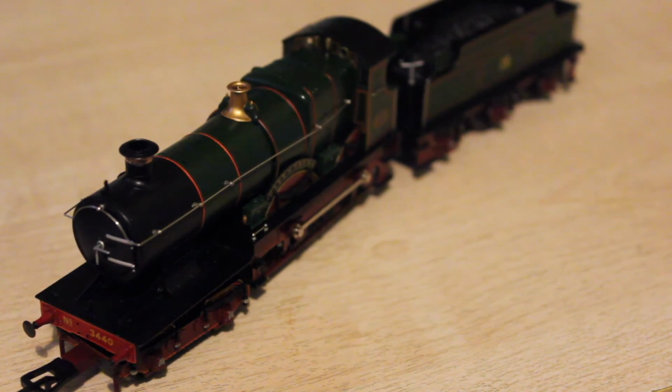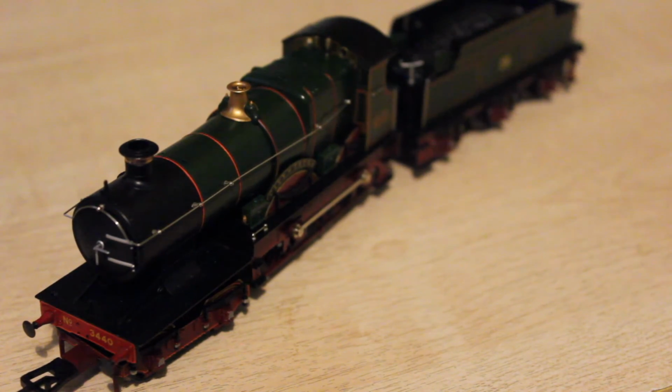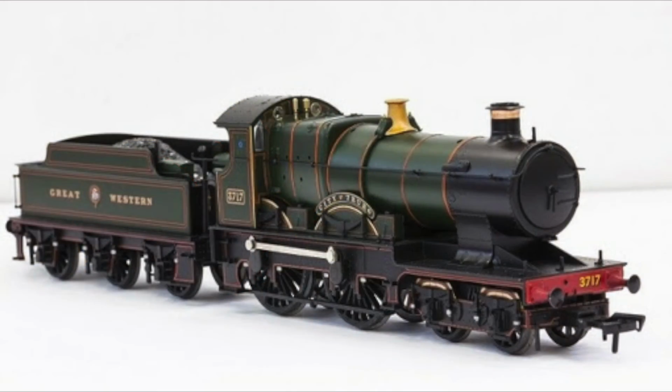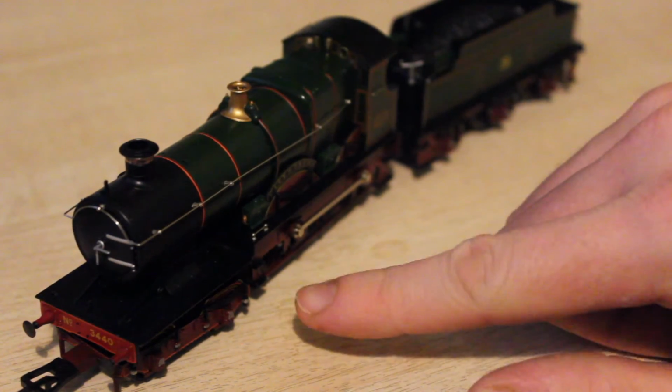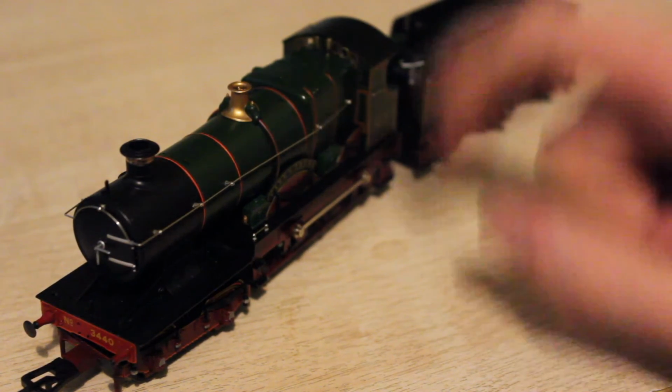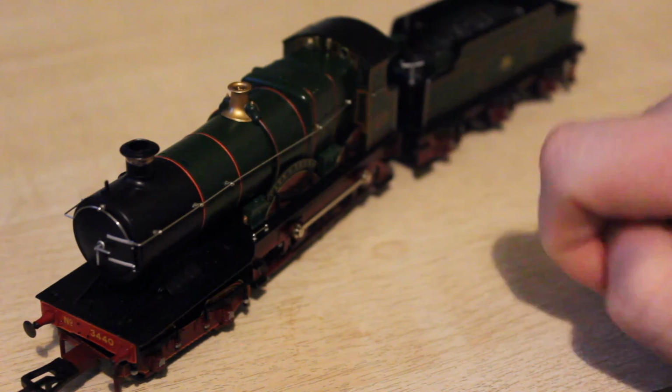Another thing as well is when buying this model, you have to be careful, because I got this one, and it's got the original number on it, 3440, whereas there is another edition that you can buy. However, not all the colours are the same, and it's 3717. And I much prefer this one with the red running board and the colours, because it's a lot brighter, looks a lot more appealing. So I think this one's a lot better,